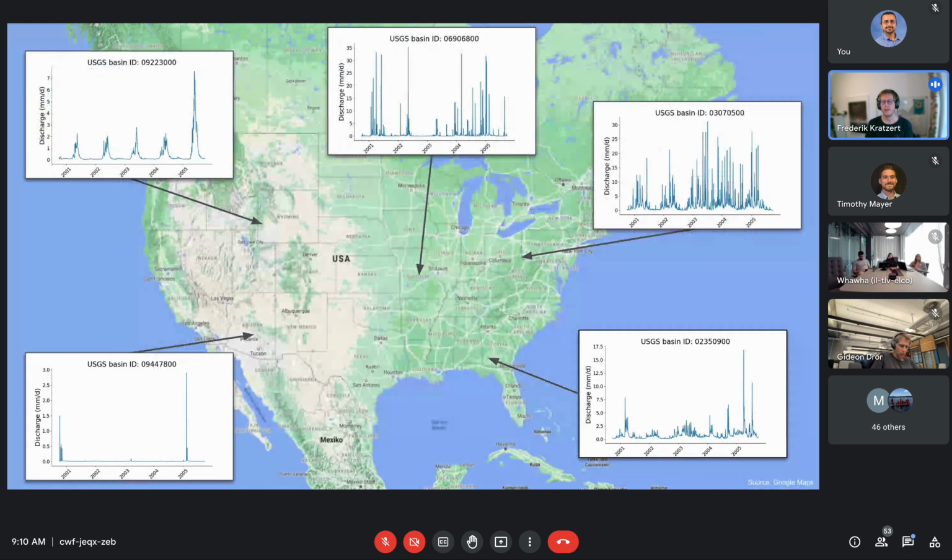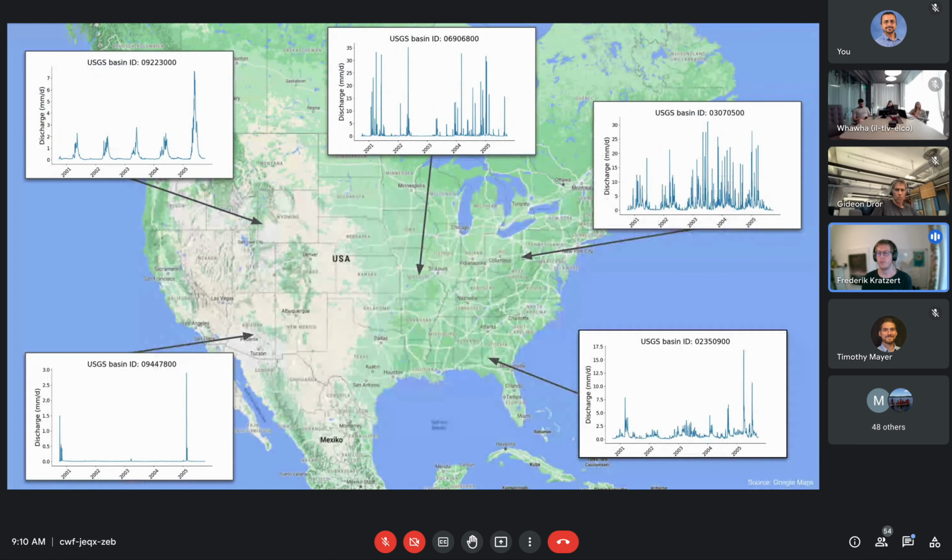Now you can imagine that depending on where you are in the world and depending on the environment and the climate, natural rivers behave completely differently. For example, in the lower left, you see an arid basin in Arizona that is completely dry most of the time and only sees spikes in the discharge signal on individual days throughout the years.